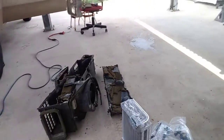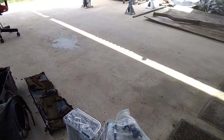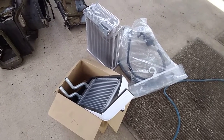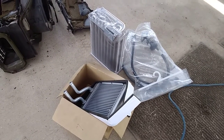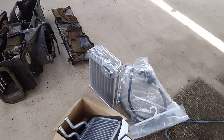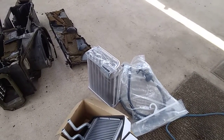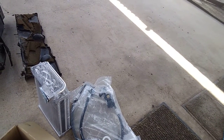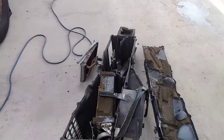We'll try to shoot this without too much conflict of walking. Here you see the brand new evaporative core. No, this is not. I had this 89 Bronco, fits several years of Broncos, on the shelf. It was close, but it was aluminum. There's the new line there going over to the dryer from the compressor. Here's that wonderful